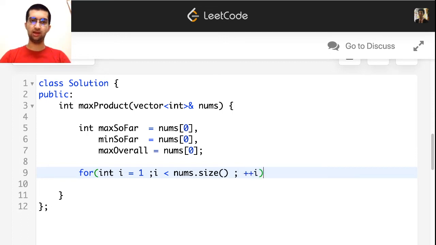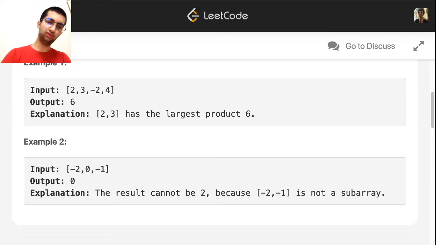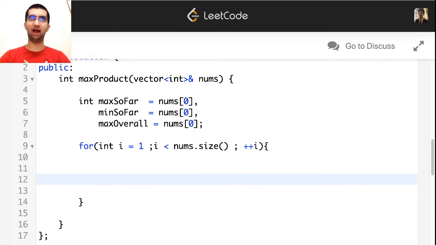Now, what will the answer be for the max product? It will be you into the previous max answer. So either I'm a part of the max product or I'm not. If I'm not a part, that means I'm just going to return my previous answer.